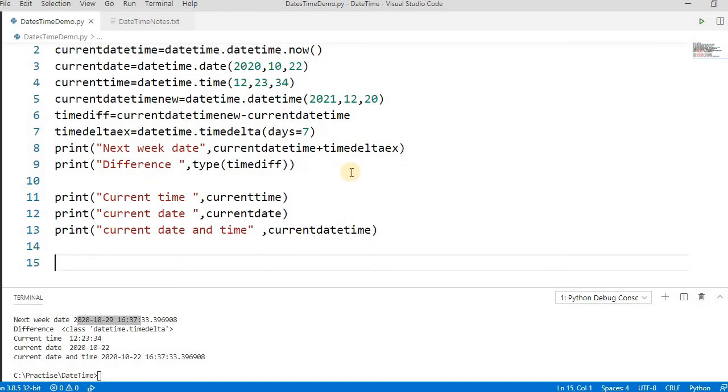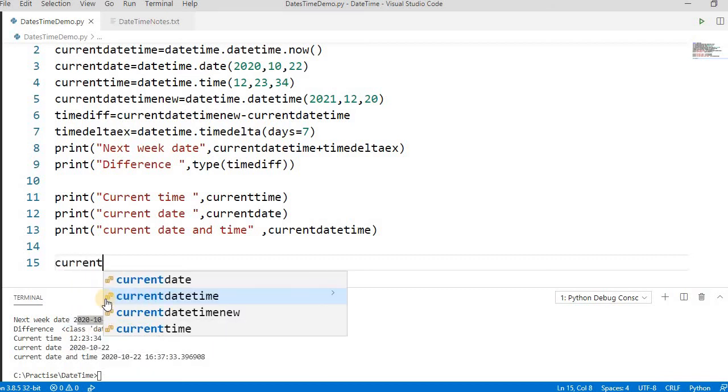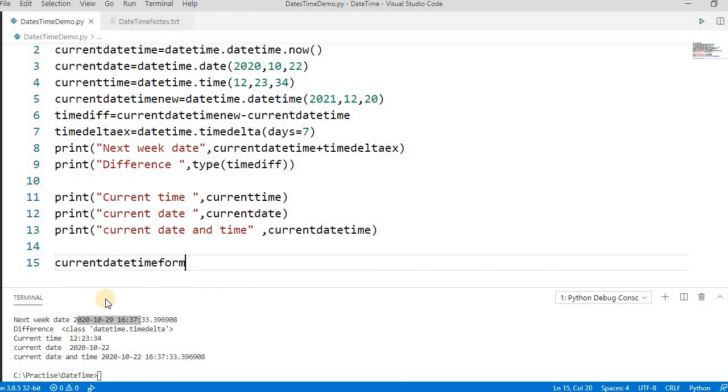So we have the current datetime. By default it's printing in this way. I don't want it in this way, I only need the time. So how do we do this? Let's format this datetime. Here we write the current datetime and then strftime, and we pass the different parameters.